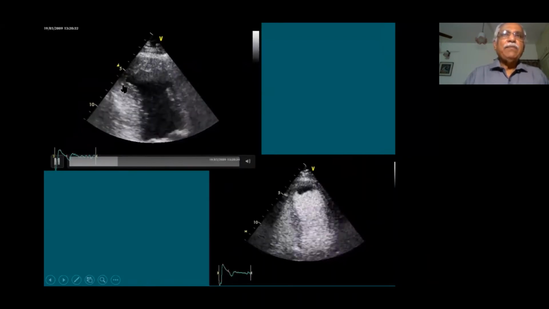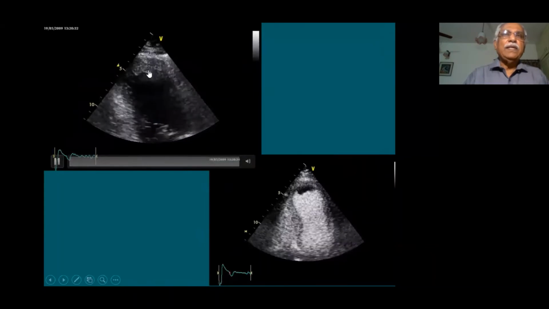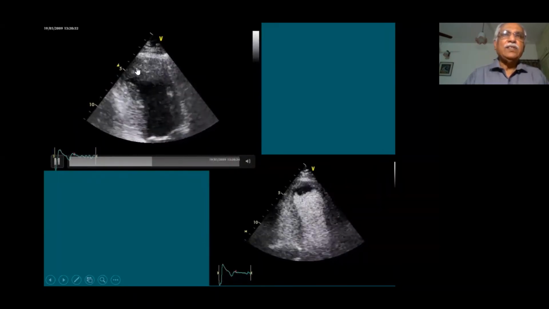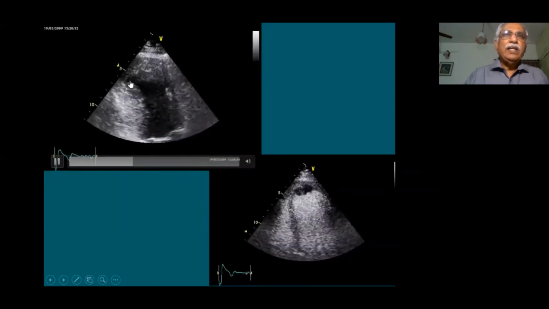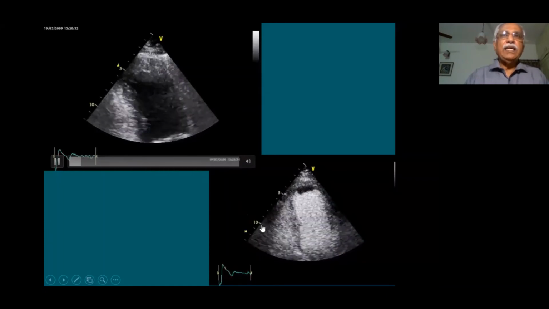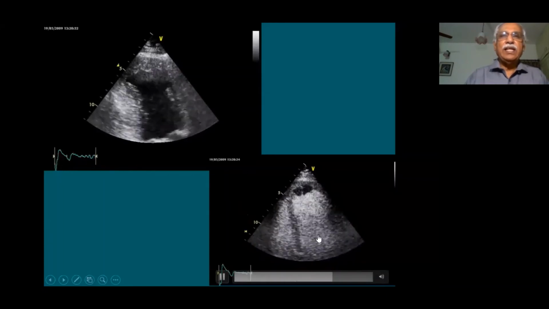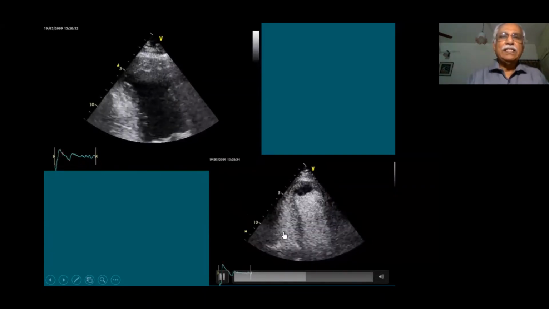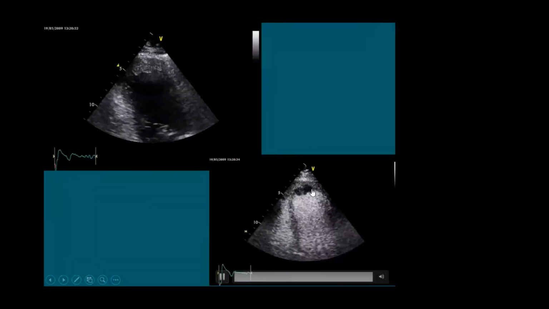When we are not able to clearly identify the thrombus in patients with myocardial infarction, you can see there are some dense echoes near the left ventricular apex. If you are not sure about the presence of left ventricular thrombus near the apex, then you can do what is called a left ventricular contrast echocardiogram. So we inject a few milliliters of contrast to clearly make out the thrombus by the contrast. Usually Definity or Sonovue is used for the contrast.